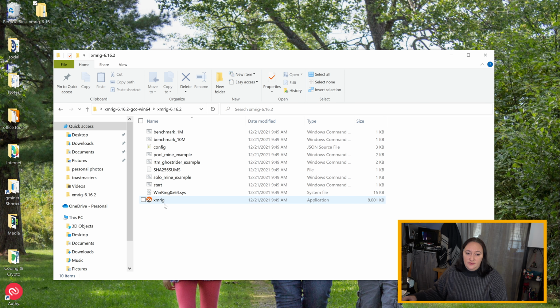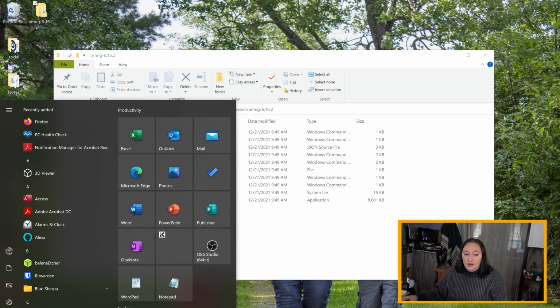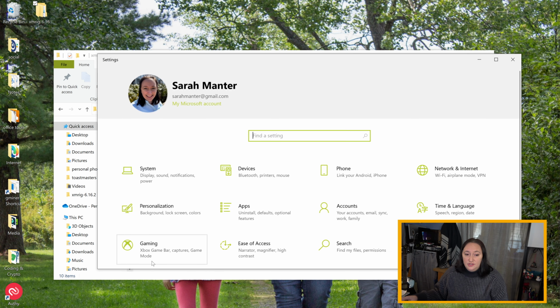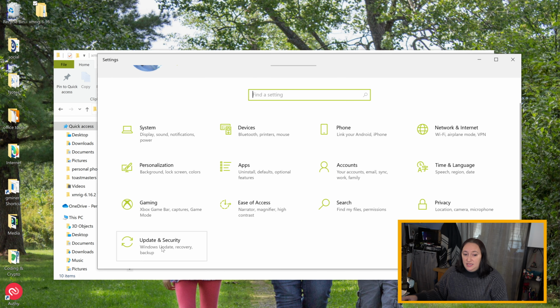If you open this folder and you don't find the XMRig file, it may have been quarantined by your Windows Defender or your antivirus because, like I said before, for some reason these programs tend to flag mining software as malicious even though it's not. So what you can do is go down to your Start menu and your Settings, scroll down to Update and Security,